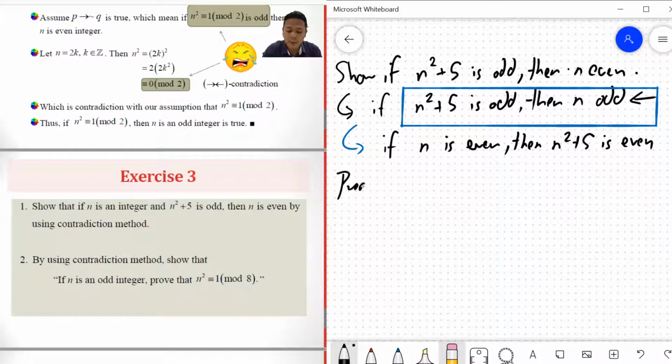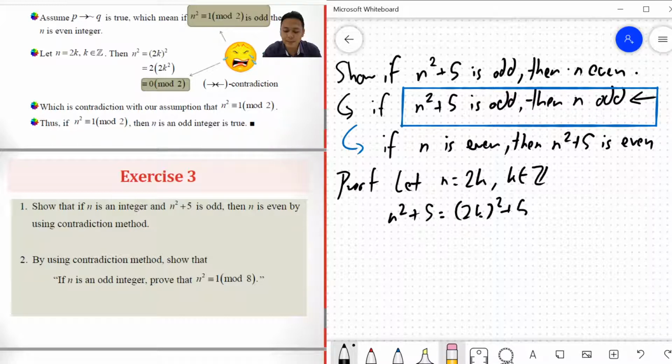Do the normal proof. I let n equal 2k, k is an integer. n squared plus 5 is 4k squared plus 5. Then I proceed with